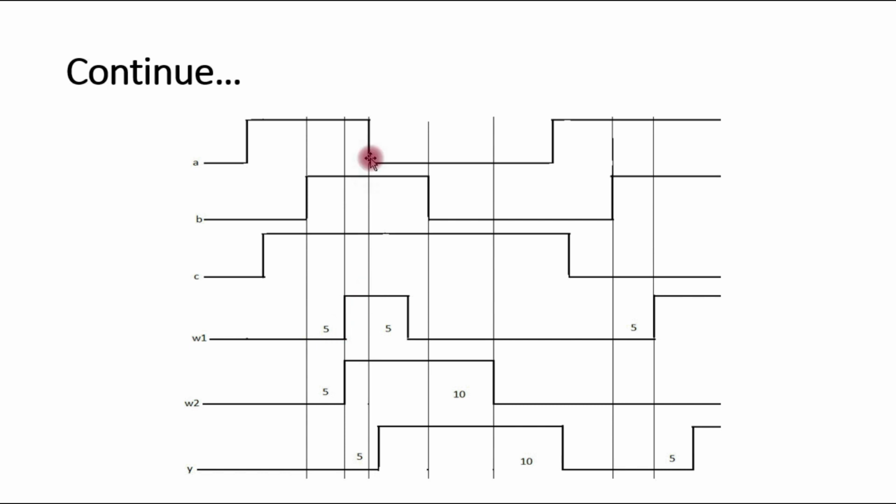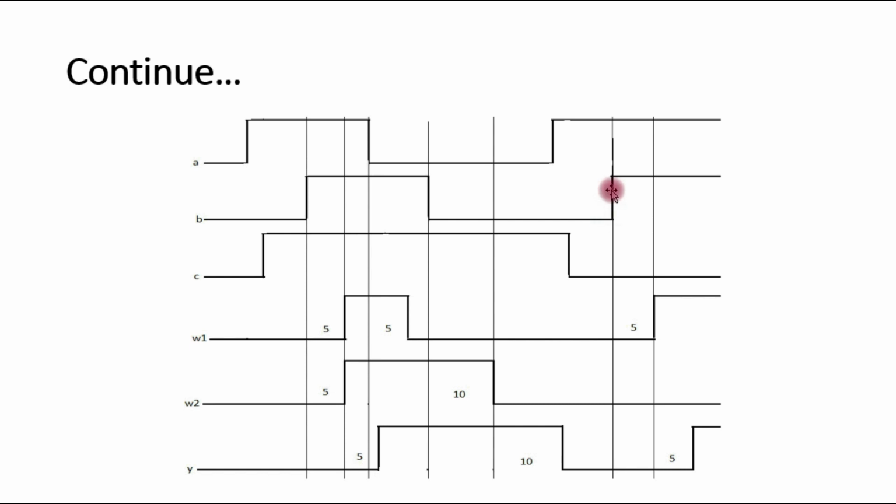At this point, A signal is going to 0 and B is at logic 1. It means AND function of A and B will be 0 here. But this change should reflect after 5 unit time, because fall delay is 5 unit. So after 5 unit delay, it will be at logic 0, and now it will be 0 continuously up to here. B signal is at logic 0. Any input signal at logic 0 in case of AND gate, then output will be at logic 0.